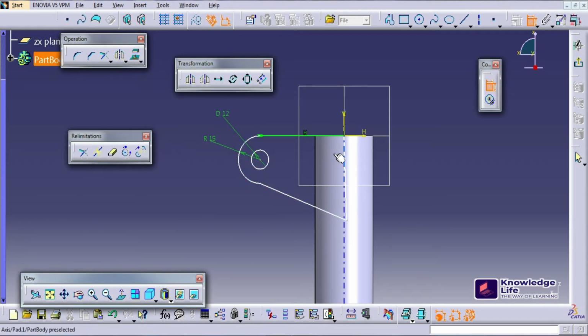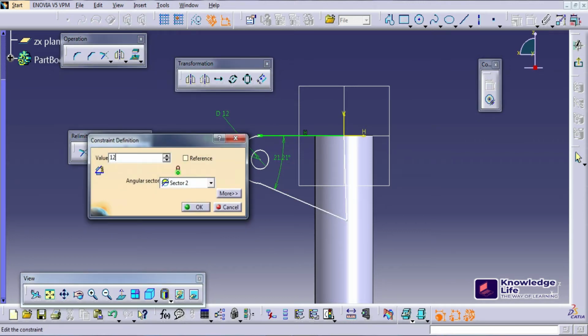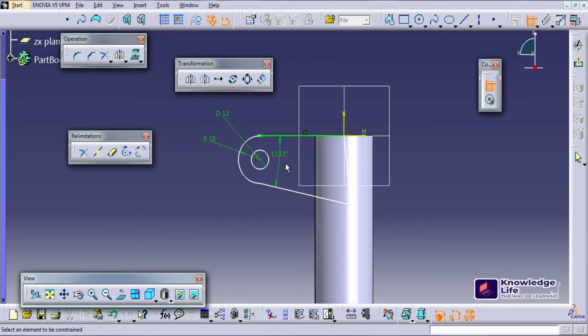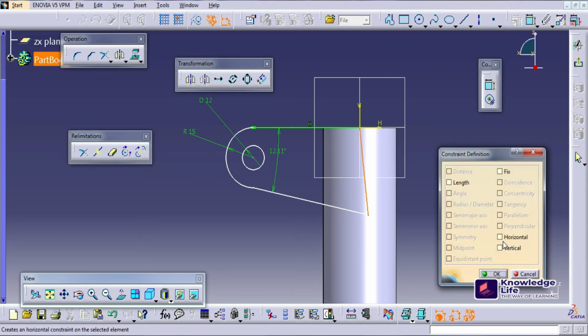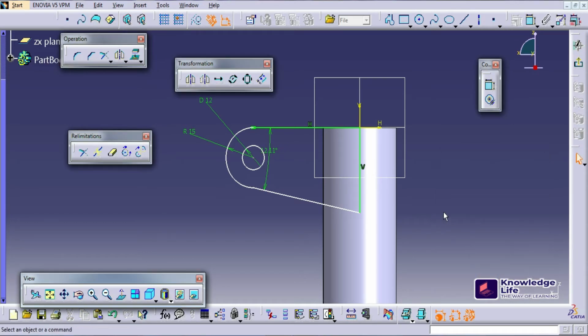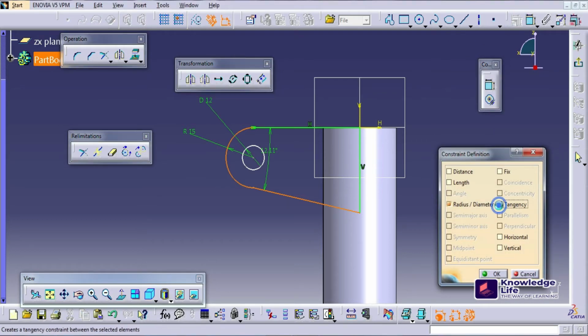Now I will give an angle, so I will select this and this. I'll give the angle, which is 12.11. Just go with the OK. Now you see this line got tilted. I'll select this line and give the relation here, which is vertical. And once again I will select this and this line, go for the relation here, which is tangent,